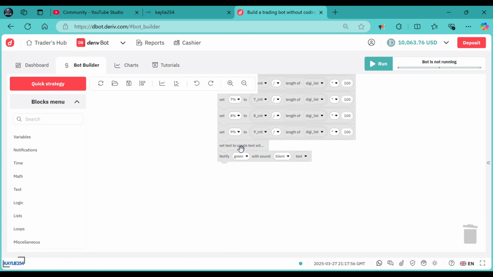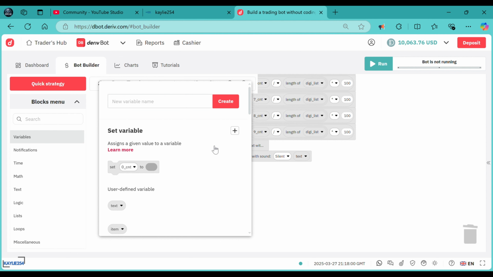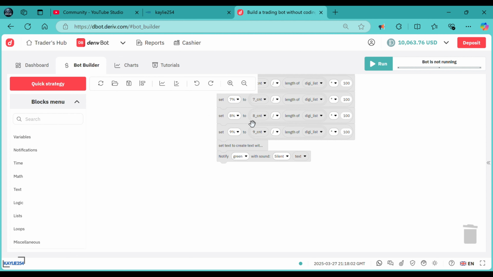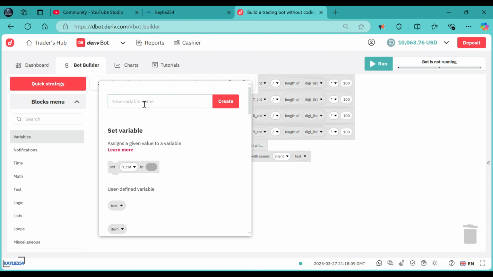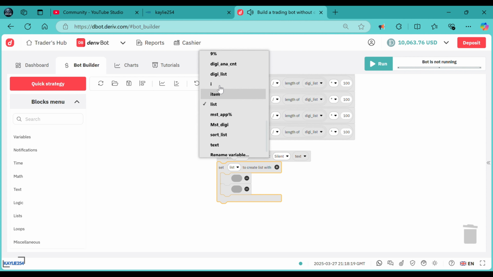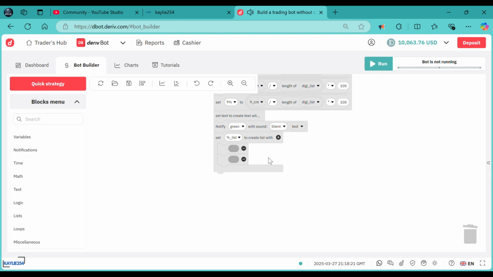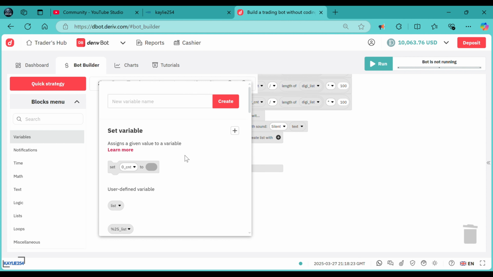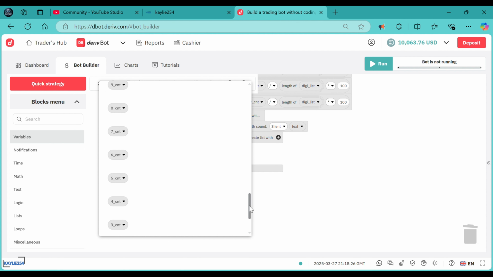We need to sort our percentages. We need to first collect all the percentages and put them in a list. So we need to create another variable called percentage list. Then head over to list and pick this block, percentage list, and then put all the percentages of 0%, 1%, 2% in this list,